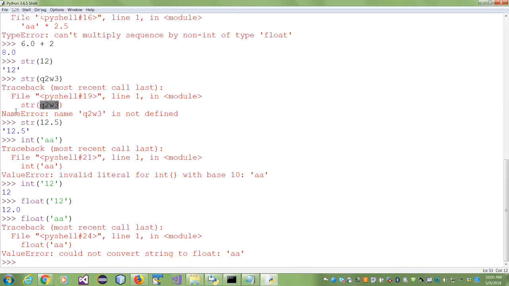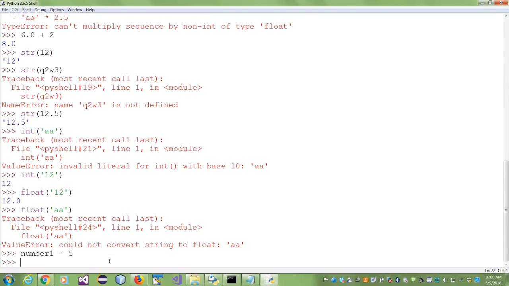So let's try to make a variable. Let me call that variable number 1. I'm creating a variable called number 1 and I'm assigning it. This is the assignment operator, giving a value, not equal. Don't call it equal, call it assign. Because equal is something else also. Equal means equality, right? We'll call it assignment operator. Assignment operator works from right to left. Right to left means it will pick up 5 first and it will put it into the box called number 1.